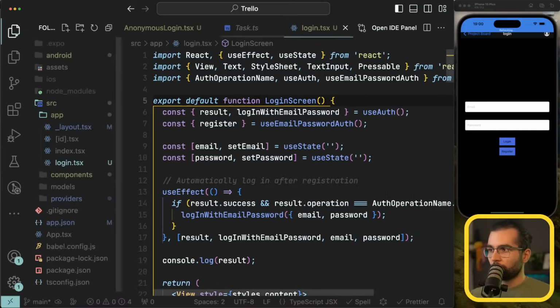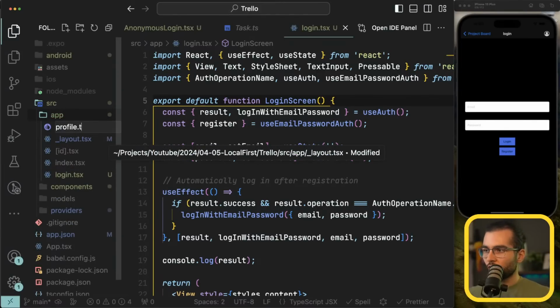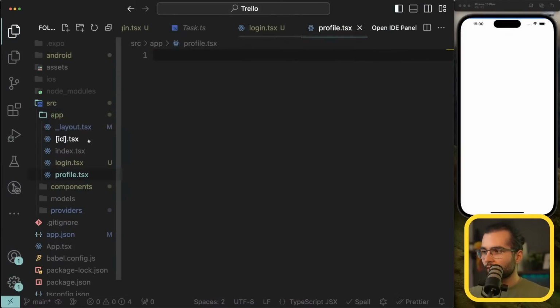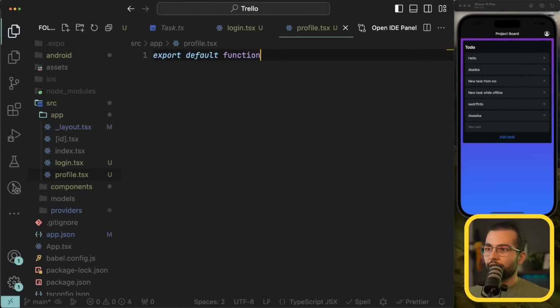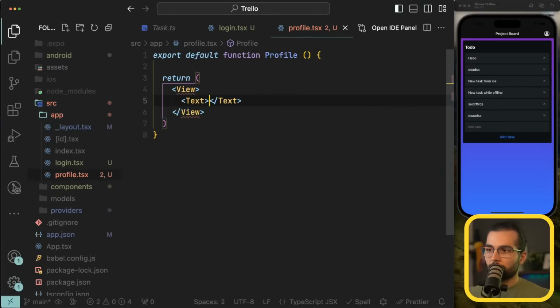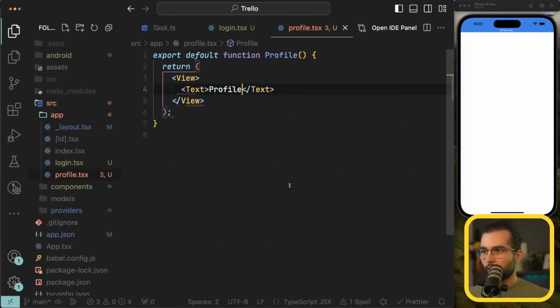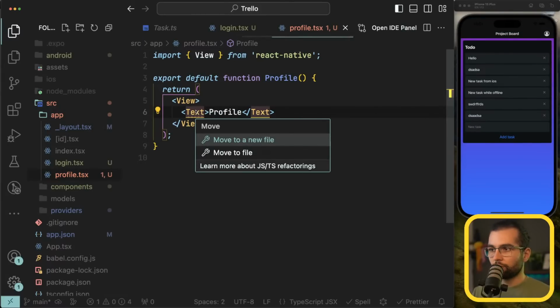Let me try to do, let's create a new screen called profile.tsx. And here let's do export default function profile, return view text profile React Native, and here